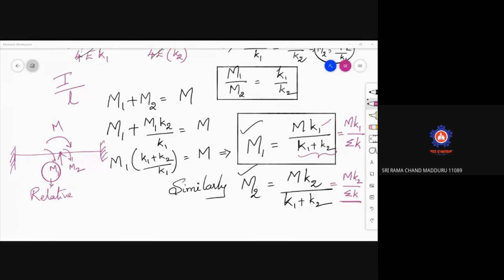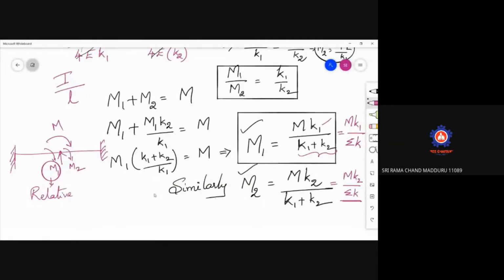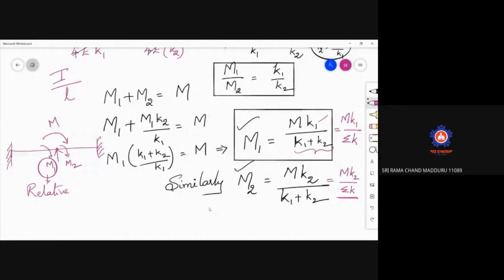Yes. Now coming to the next, I think you have written till now. Now we will write down the above equations illustrate